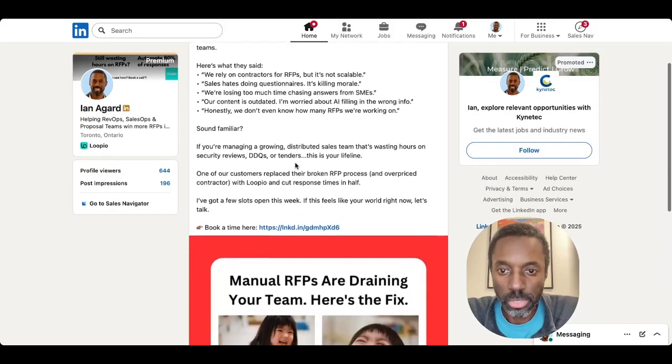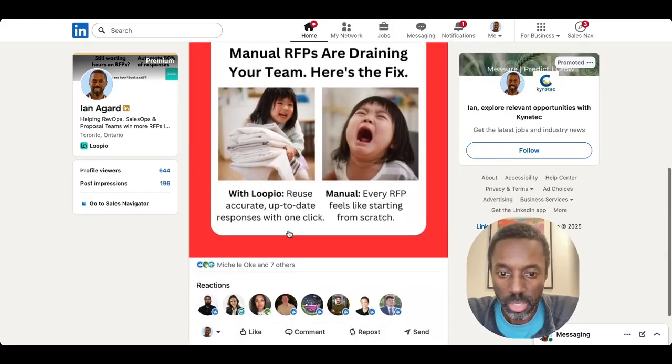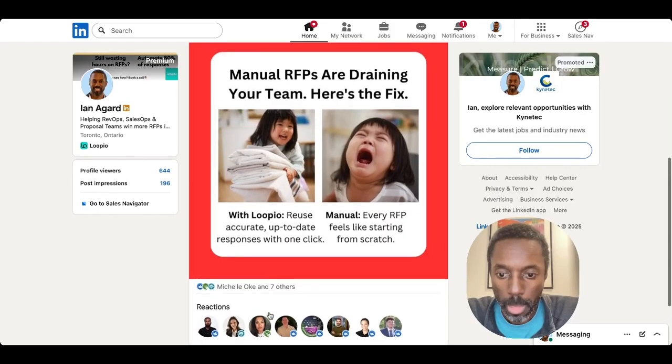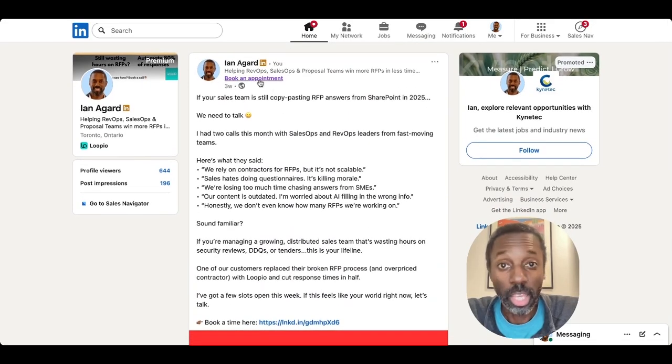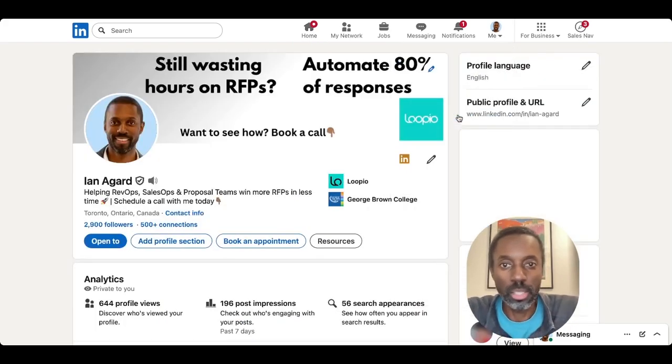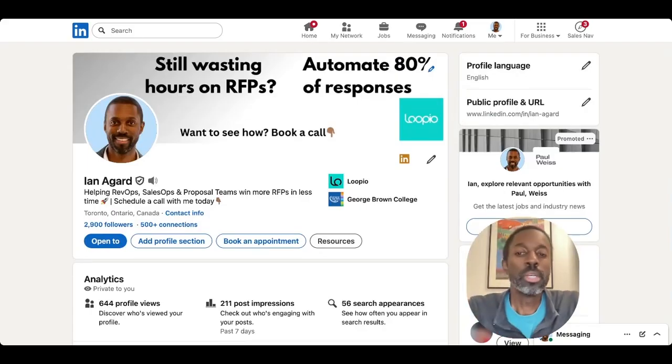Here's the post, talking about RFPs. People engage with the content. But most importantly is this right here, that once people can see it, they can click here and it goes into my calendar. They can book a meeting with me. That's the importance of having that on your profile. This is key. That's step one. The second thing you need to do is optimize